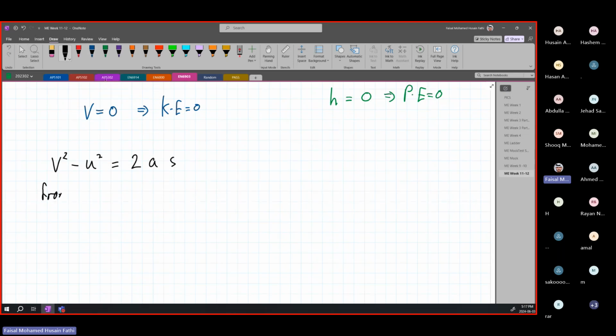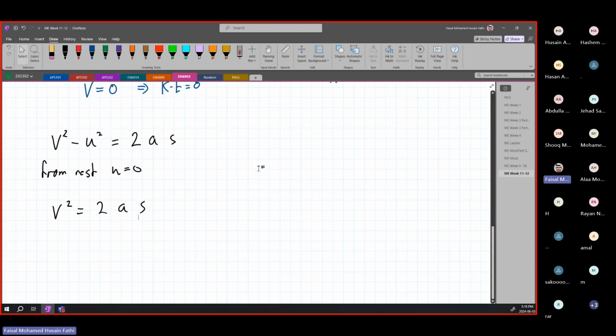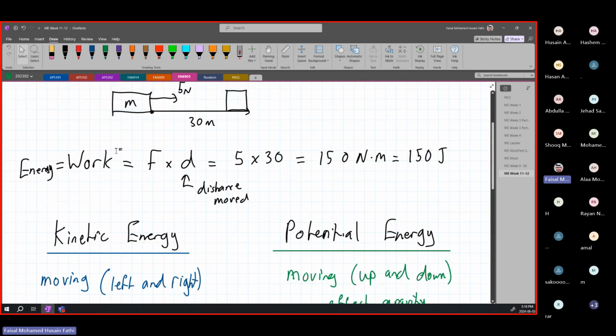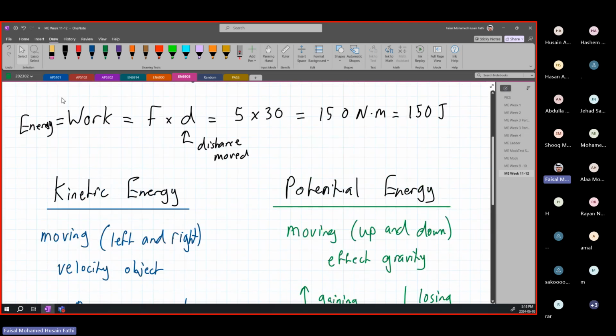So from rest, meaning u is equal to 0, we're going to have v squared is equal to 2as. Let us rearrange this equation. Acceleration will be equal to v squared over 2s, we just divide by 2s to the other side. Why am I finding the acceleration? Because remember, we need to find the force times the distance so we can find out what our work or